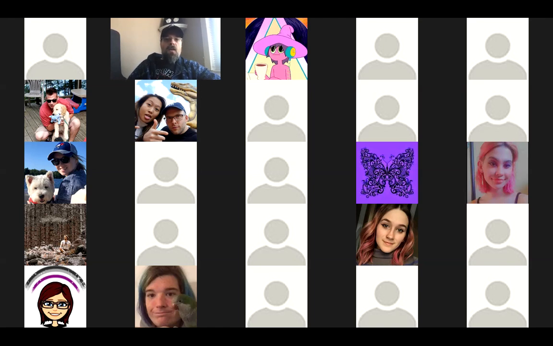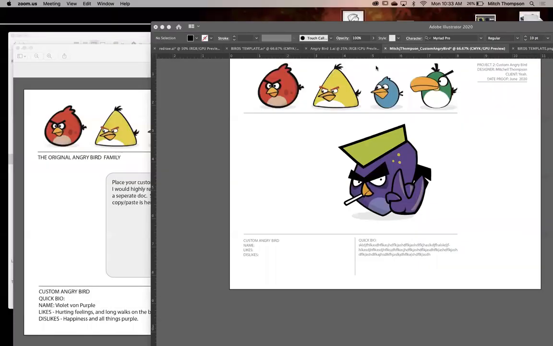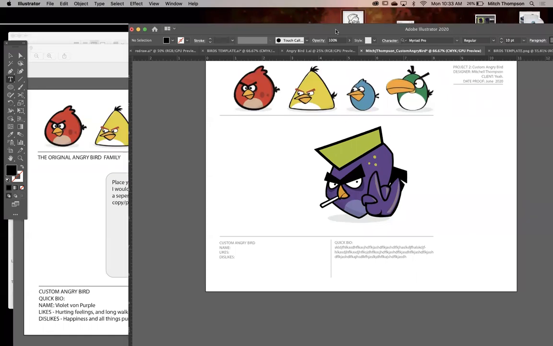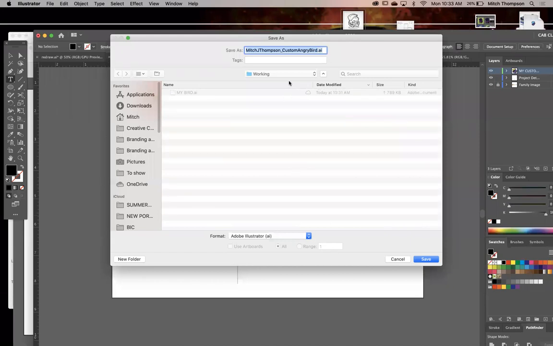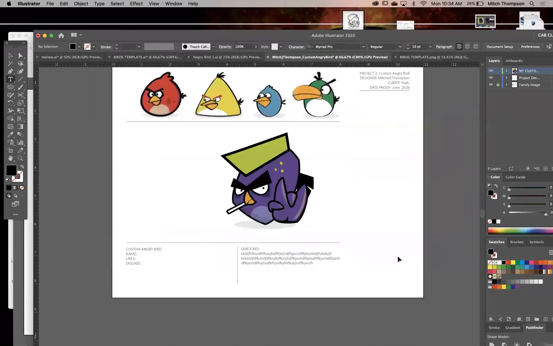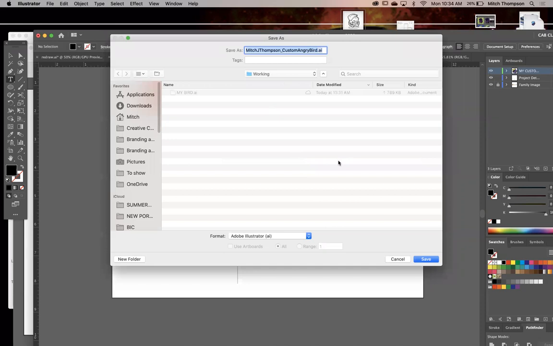Sorry, what you may want to do, I just stopped screen share here for a sec. And maybe I'll just go back in it for a second. What I think we should do, before we move on, is Command S. Even if you Command S it, it should open up to a new one because we haven't saved it. Oh my God, Mitch, good job. We haven't saved it, right? Don't do that, right?